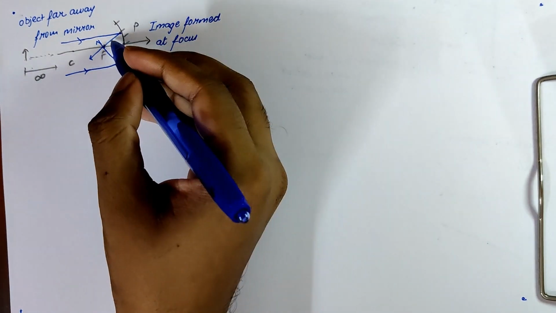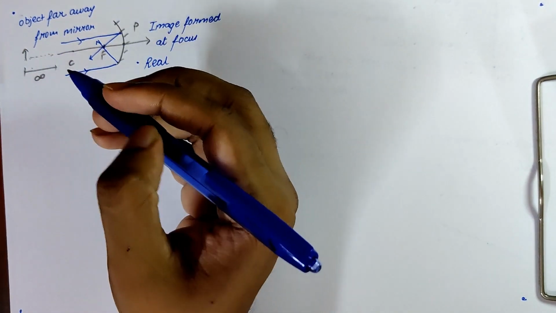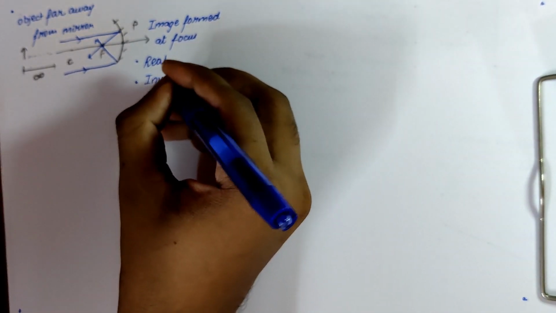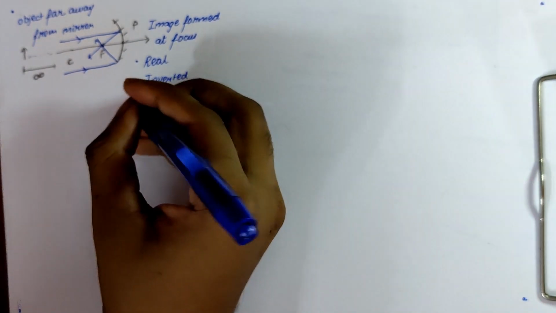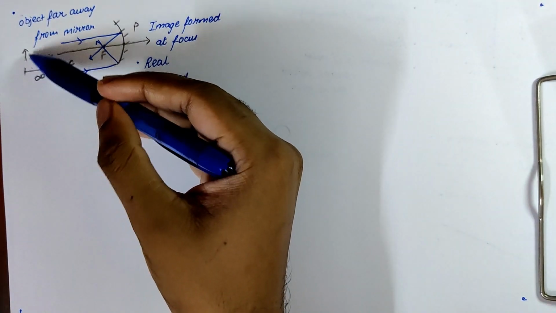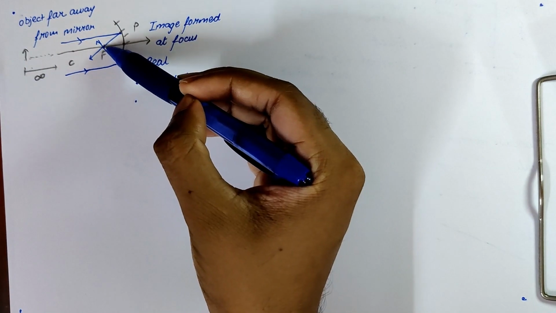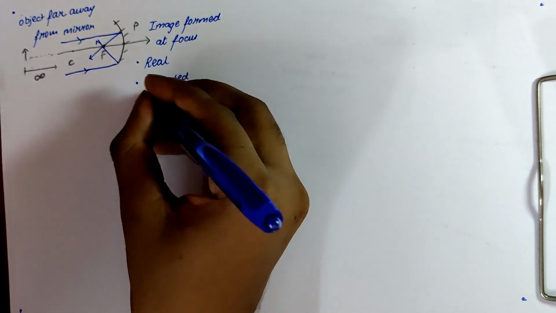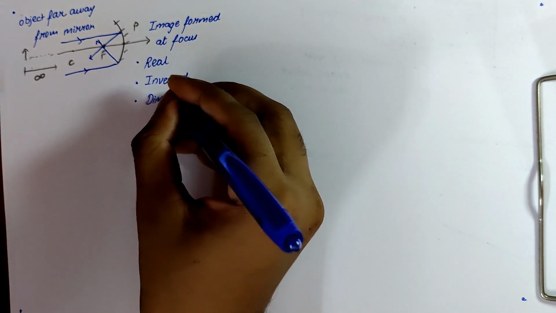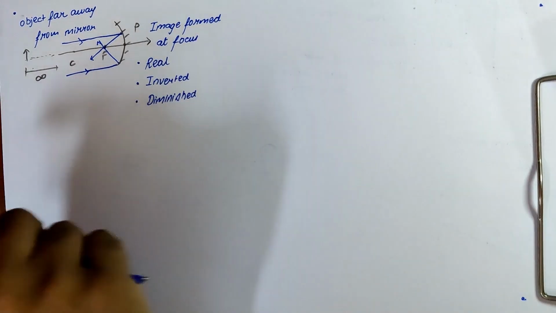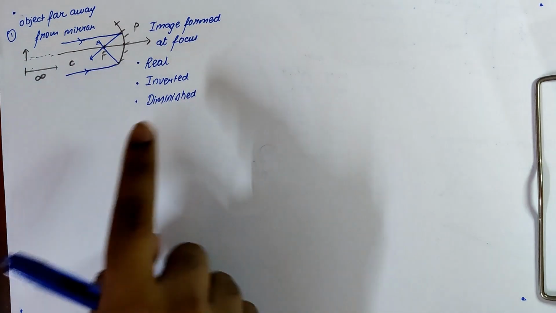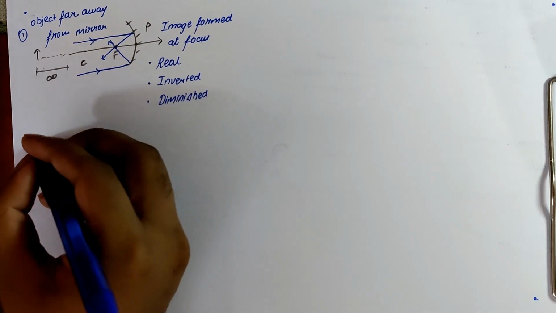Now, you may not see it, but it will be an inverted image. I'll explain that later with the upcoming examples. And this image is much smaller than the object. It's so small at the focus when you compare it to the object, so it's diminished. Now this is for the object which is very far away from the mirror. Now let's go to the next example, that is